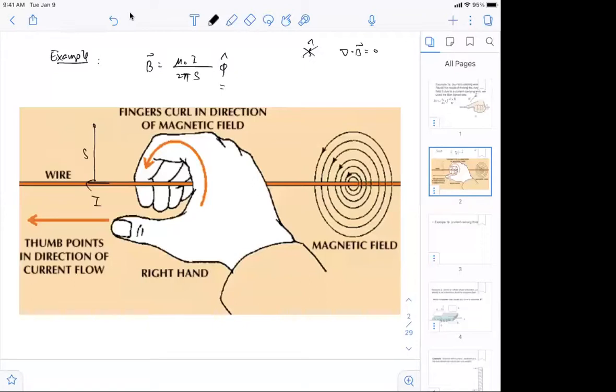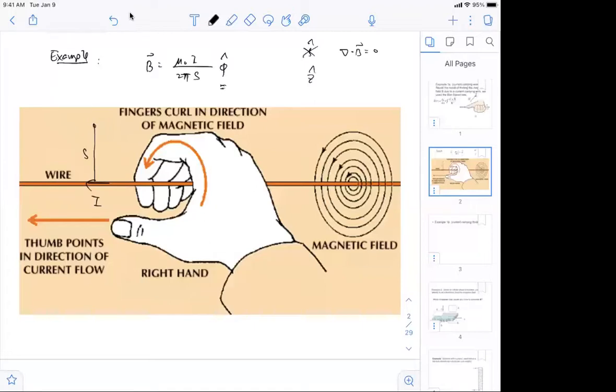And since Biot-Savart says B is perpendicular to the current and that current is in the z direction, B should not be in the z direction. So the only possible direction is phi hat. Okay, and that can be shown by following the right-hand rule, right? Your thumb is pointing in the direction of the flowing of the current,